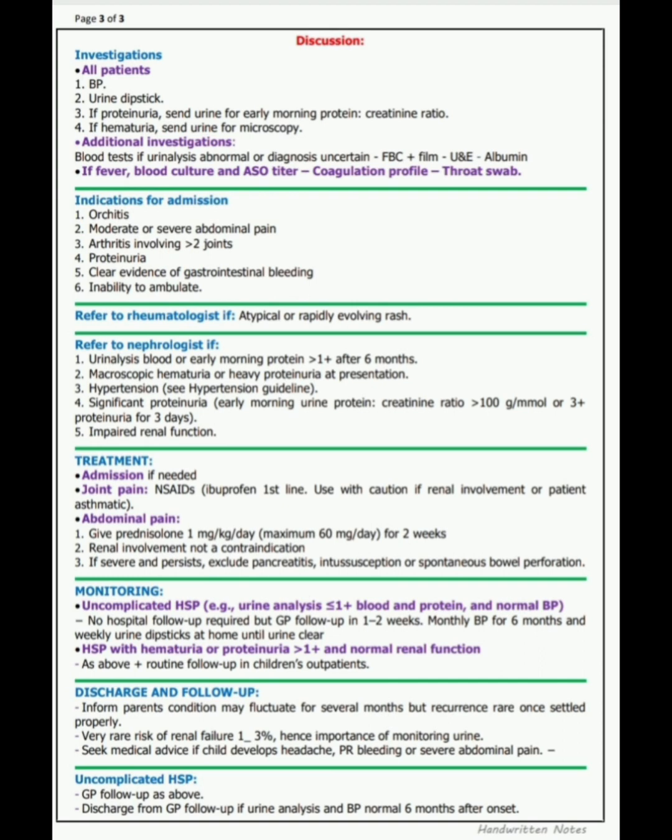Number 3, the history, how come? That is the same, meet the mother of a 6-year-old, the same case. Okay, so this is all about Henoch-Schönlein purpura,